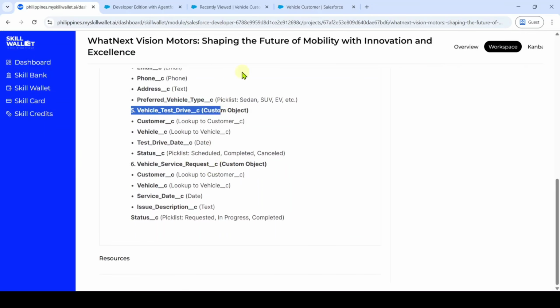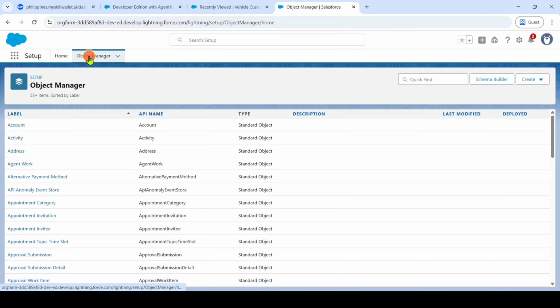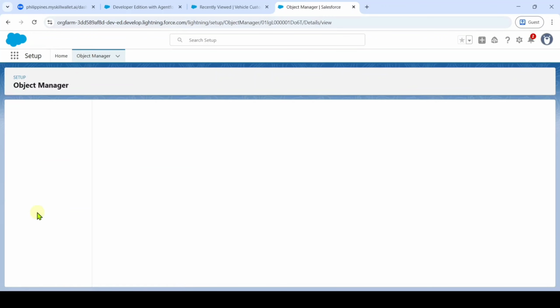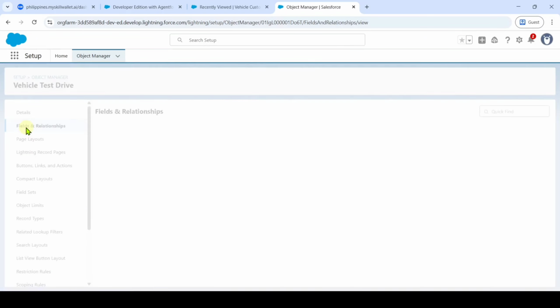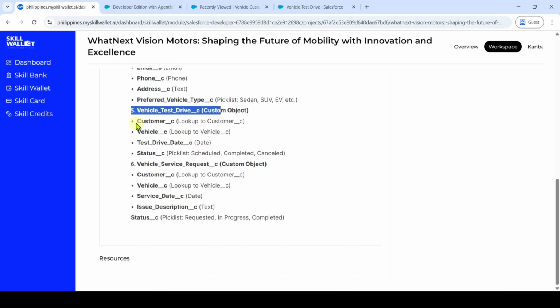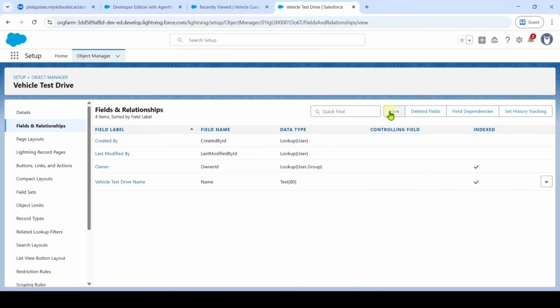And then move with the next object, that is vehicle test drive. So here in this setup page, click on this object manager, and in this quick find search for vehicle test drive. So select this, and here move to this fields and relationship. So let's see what's the first field is. We need to create the lookup relationship to the customer object. So here select this new button